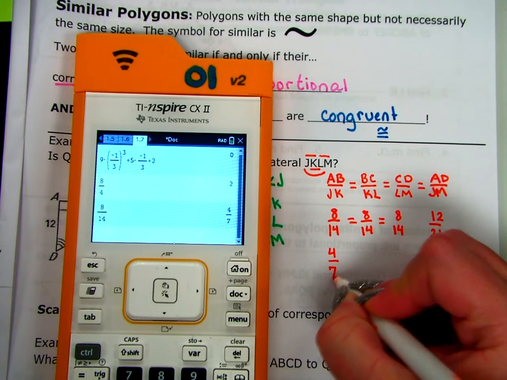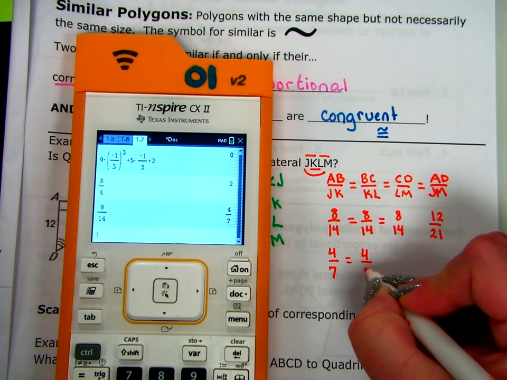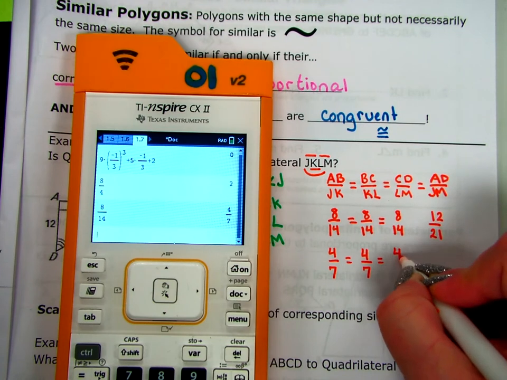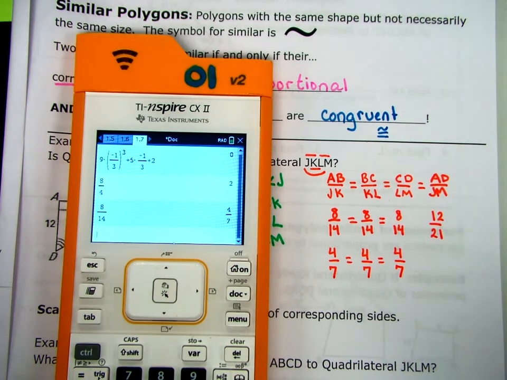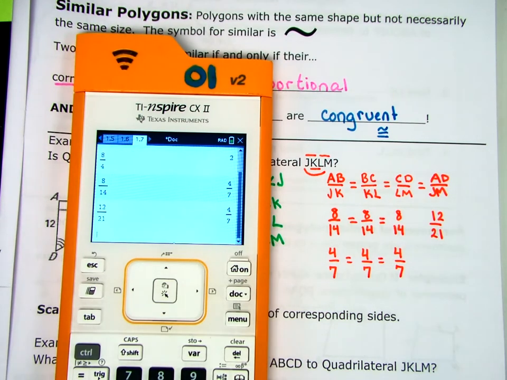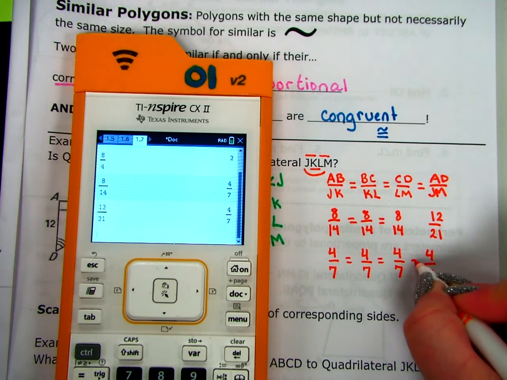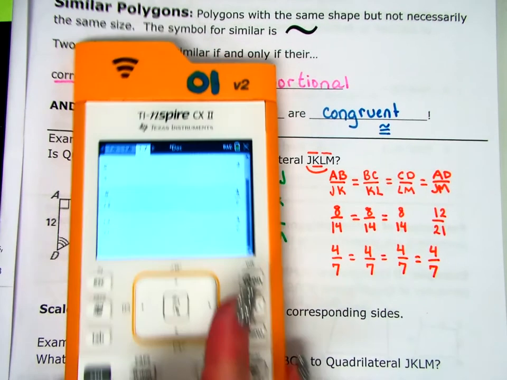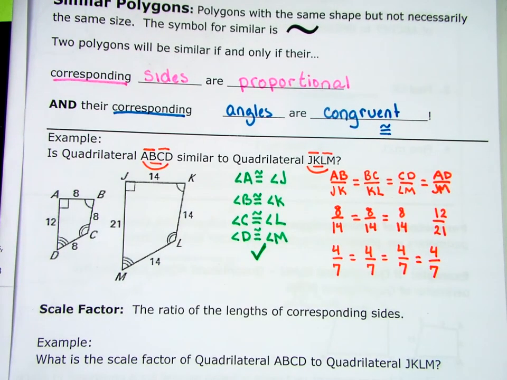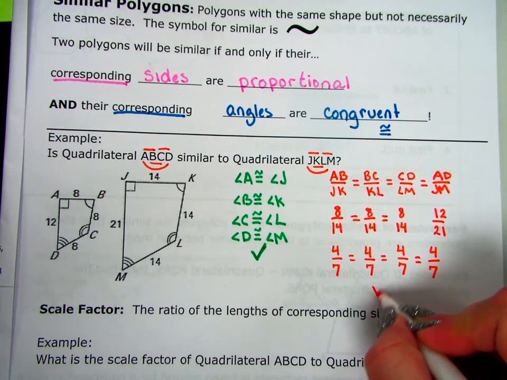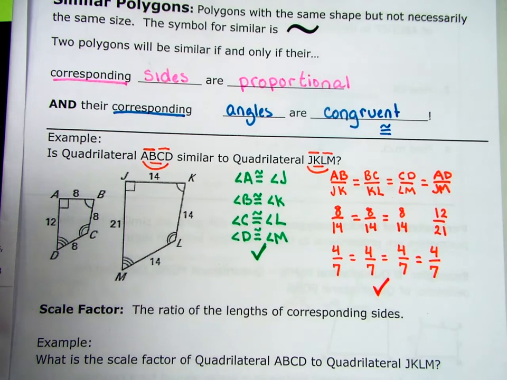So these can all be rewritten as 4/7, 4/7. 12 over 21 reduces to, oh, yay, 4/7. So they do all reduce to the exact same thing, which means the angles are congruent and the sides are